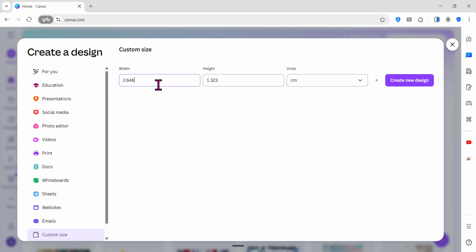Try centimeter. Use 20 and 10. Click this, create new design.